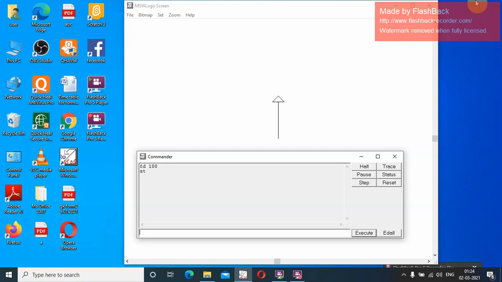Okay, now see children, logo is actually for development of your thinking power. One shape is given to you and all the students are asked to draw, right?